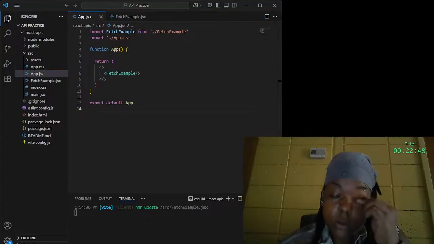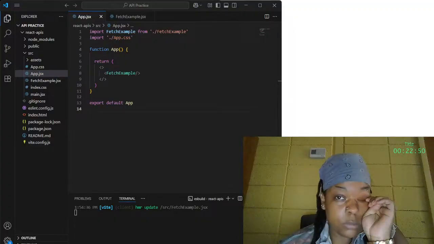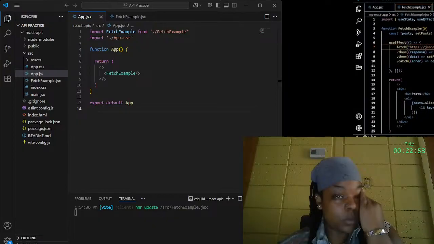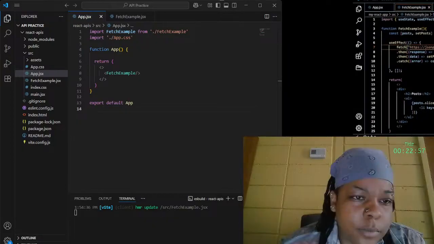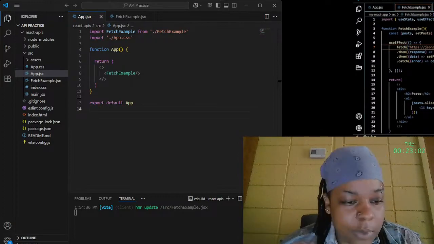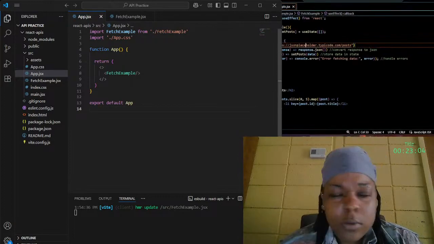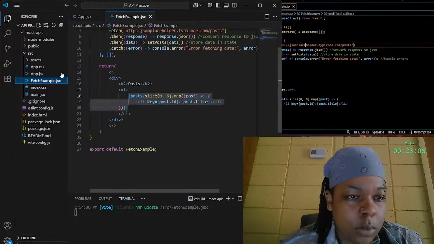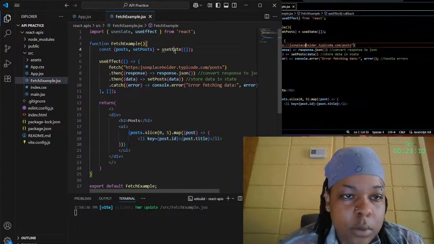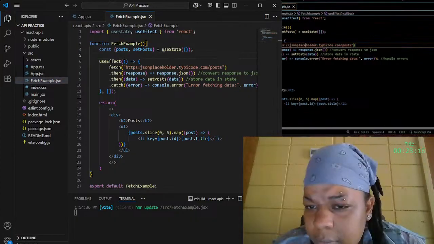Let me see. Oh my gosh, my computer just tripping. Move. Line 4. Okay. It's saying useState not defined, but